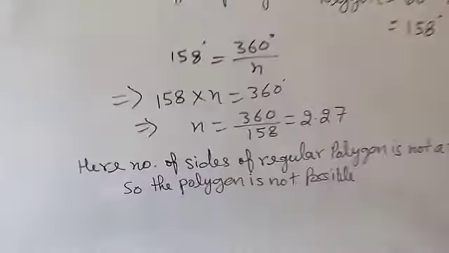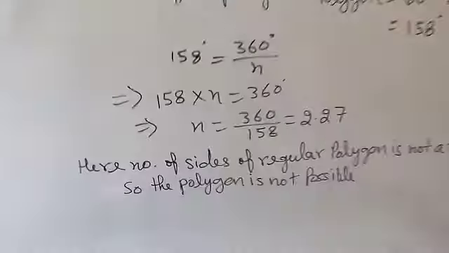Now students, here is question number 6, the last question of exercise 3.2. What is the minimum interior angle possible for a regular polygon, and why? And the B part is, what is the maximum exterior angle possible for a regular polygon? So if a regular polygon is there, you need to find the minimum interior angle possible and the maximum exterior angle possible. First I am going to solve the B part. It is a regular polygon.